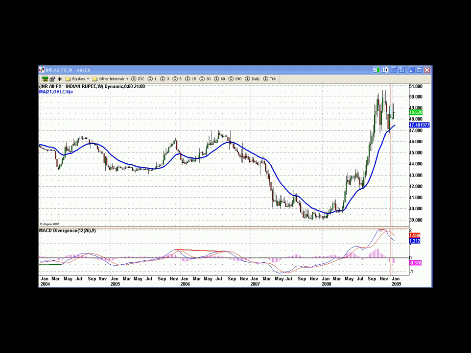Obviously, in the recent past, what we have seen is an extremely weak Indian rupee, and this has resulted in massive losses for a number of very big companies because they simply did not see the rupee weakening